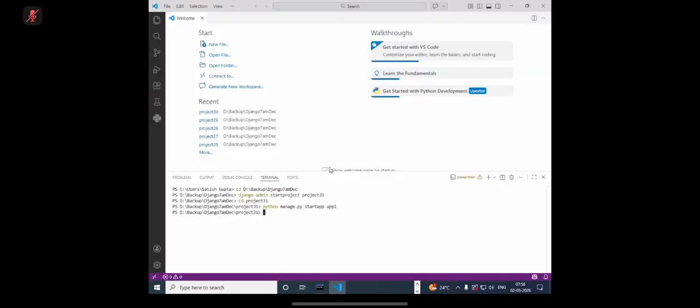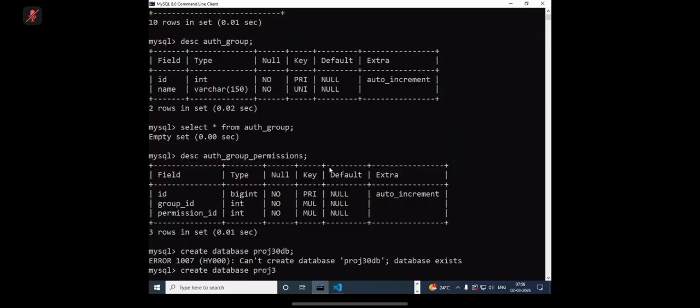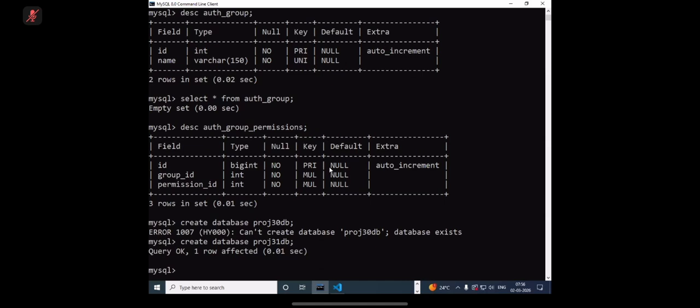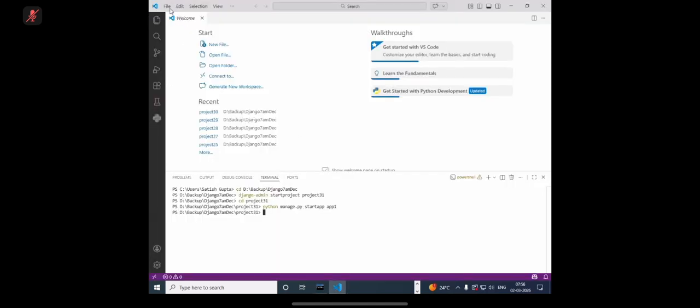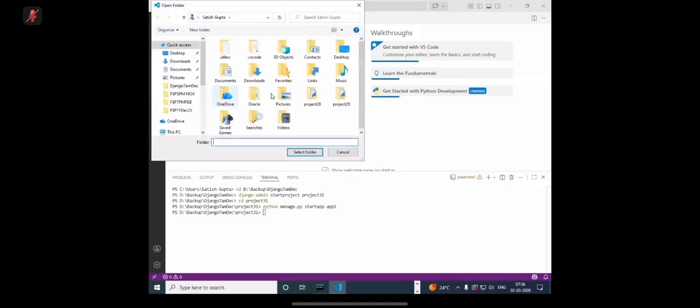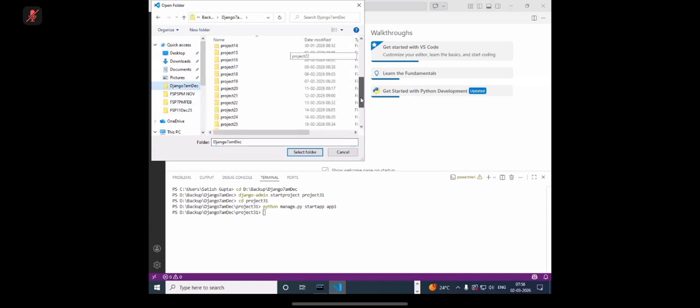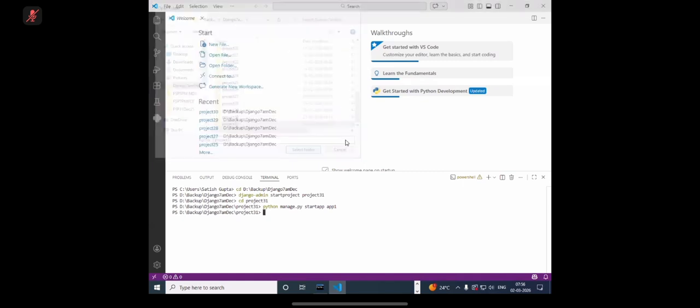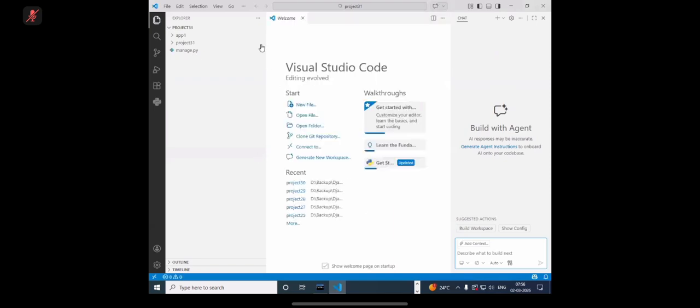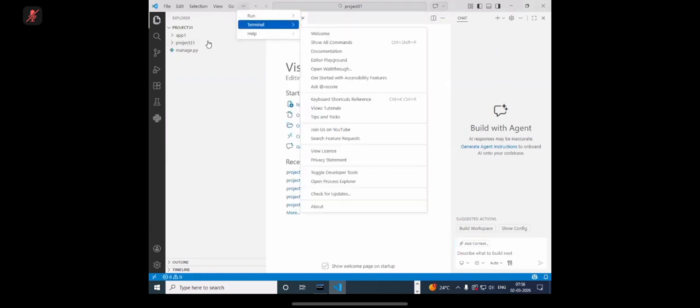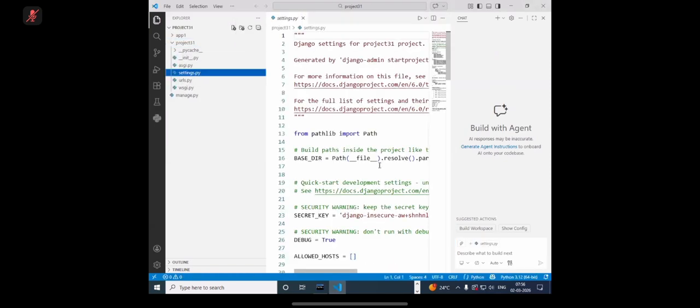So create a database. Okay, project 31 database. So I'm creating one separate database here. Now open the project. Here, open the project. Then after opening the project, within the project,